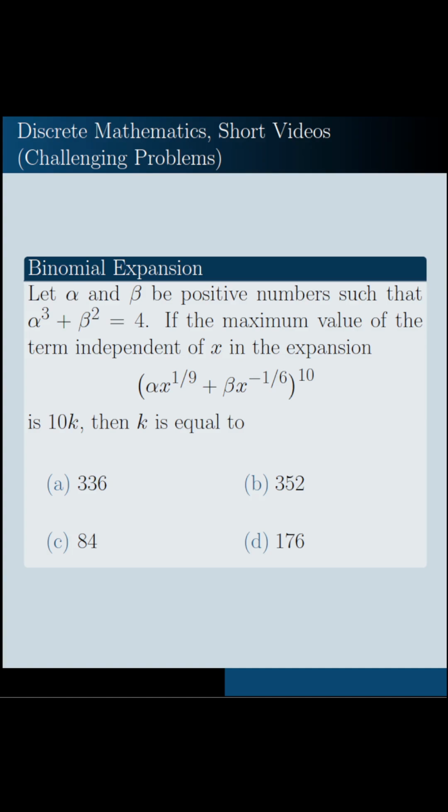Hello, in this short video we are going to investigate the following challenging problem on the topic of binomial expansion. Let alpha and beta be positive numbers such that alpha cubed plus beta squared equals 4. If the maximum value of the term independent of x in the expansion of (alpha x^(1/9) + beta x^(-1/6))^10 is 10 times k,